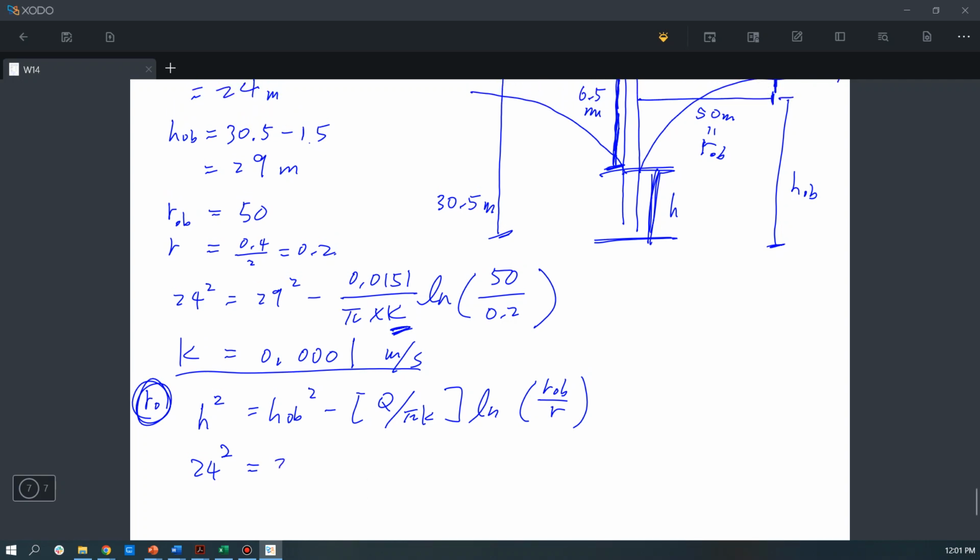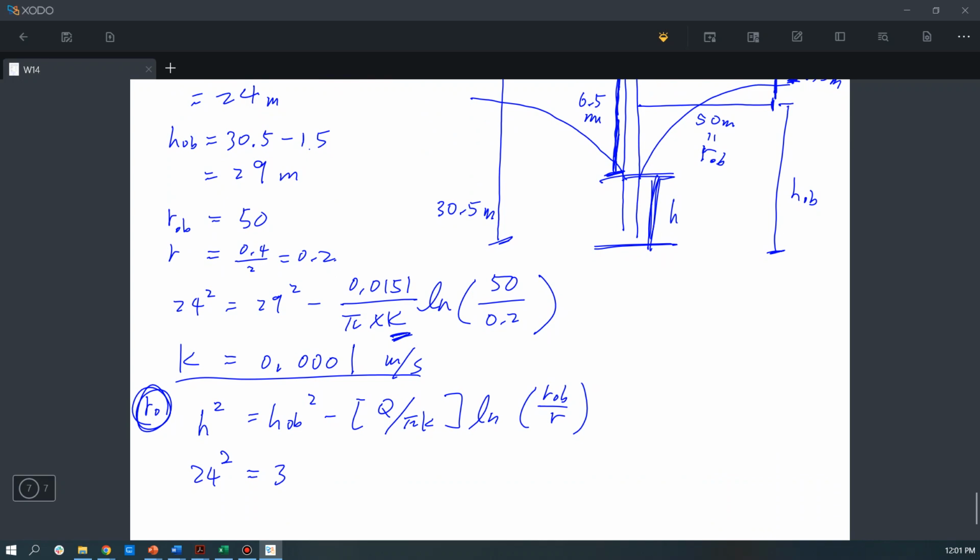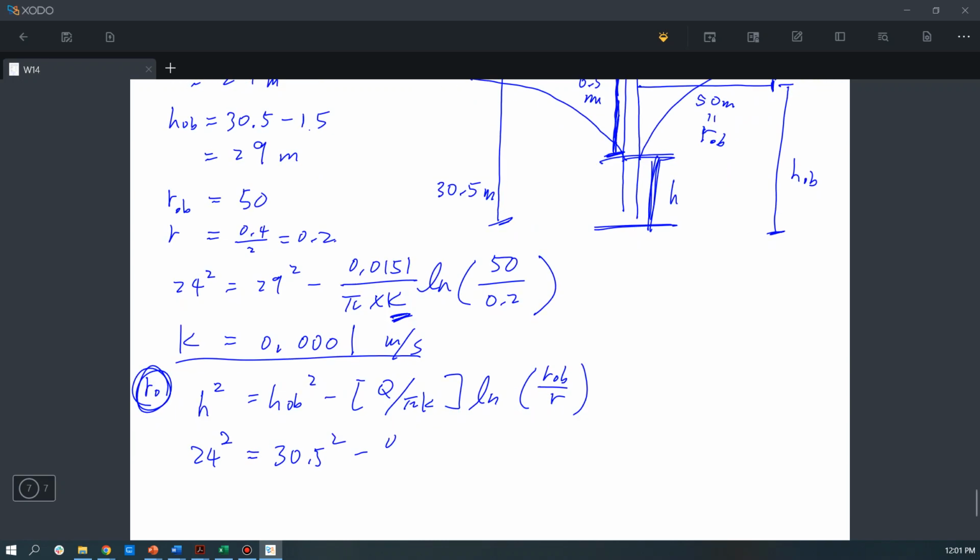So this H OB would be just the thickness of this aquifer. That is 30.5 squared minus the same discharge value divided by pi times